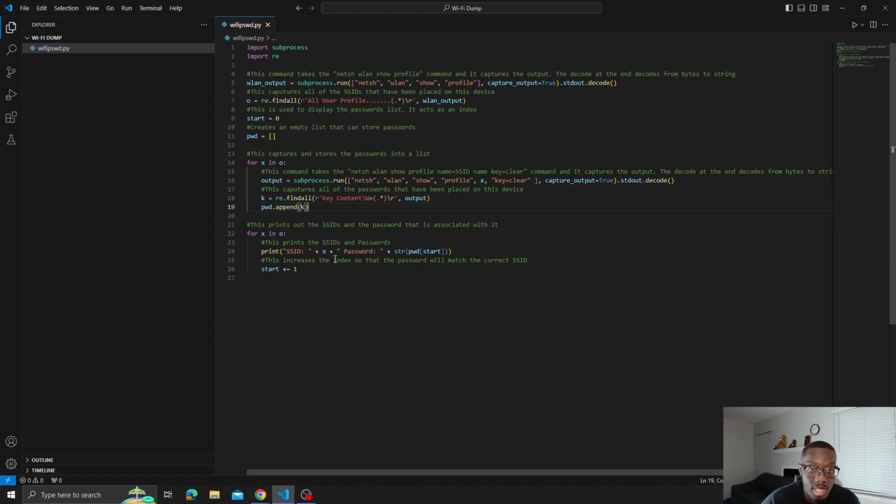Now, all this is simply saying is that for x in the SSID list, we're going to print the following SSIDs and passwords. So we print SSID, which is going to be x, and then the password, which here is going to be the string password, and then the start variable will be the